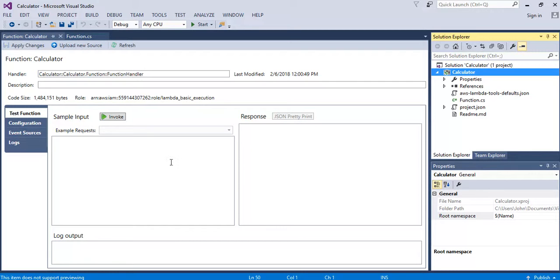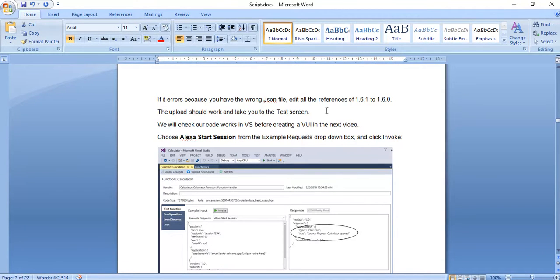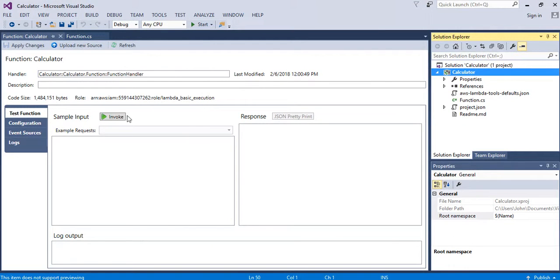If the upload did fail, it depends what you might have failed on, but if your references were wrong, then you can just edit the references 1.6.1. You may have got the wrong version of the JSON file. Now we can invoke